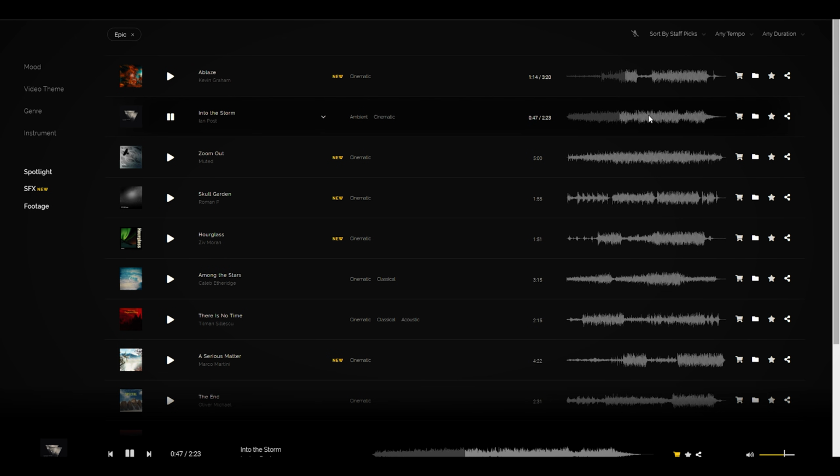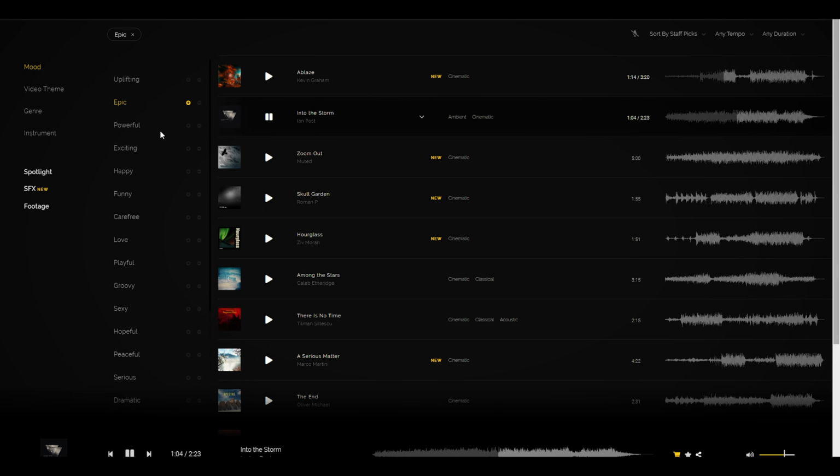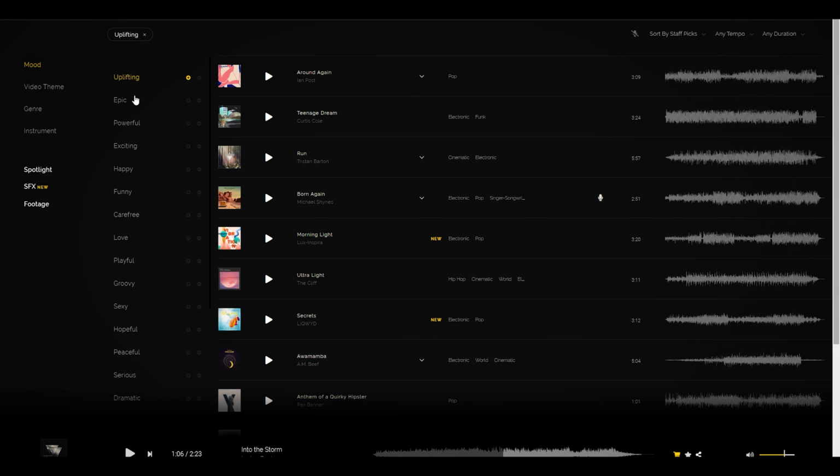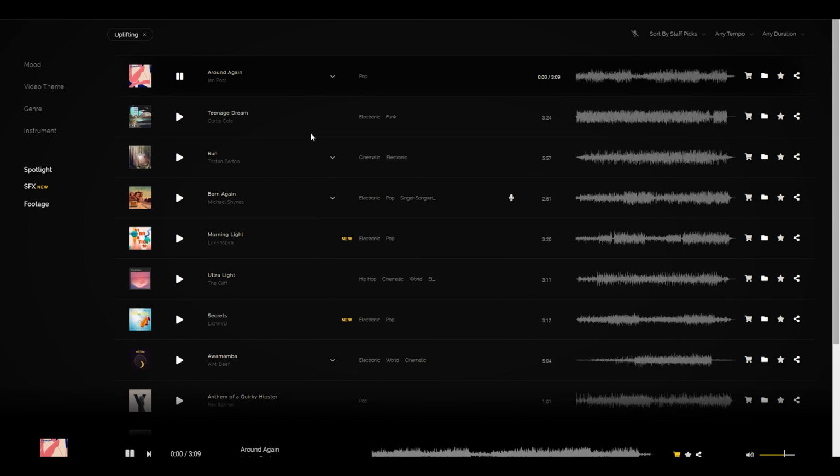Like this would be sick to pair with some chase scene through the forest, maybe people are chasing each other or something like that. But at the same time, you wouldn't want to pair something like this with something dreamy and moody. It's just not going to work, and it's going to tell the wrong message. It's going to be disconnected from that footage, and the viewer is going to feel weird about it because it doesn't fit together well. You can see here that if we went to something like uplifting and we tried again,